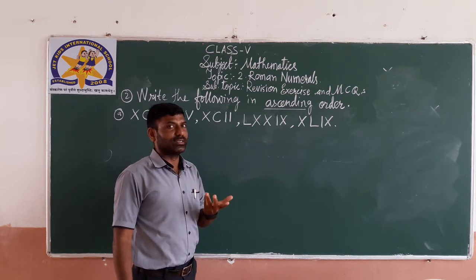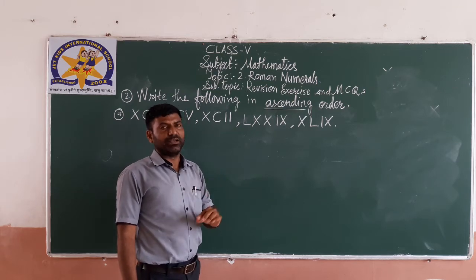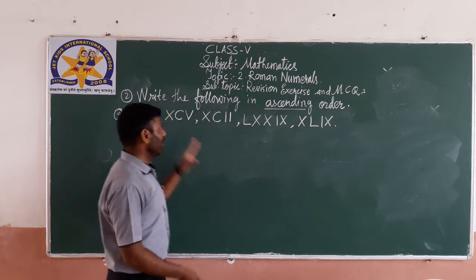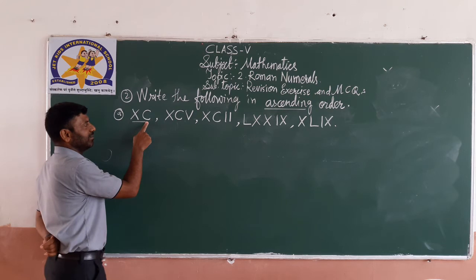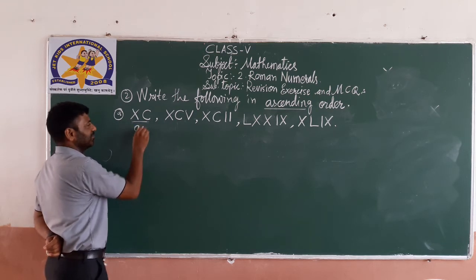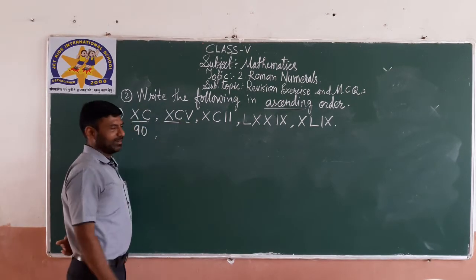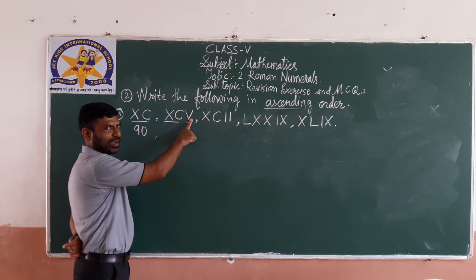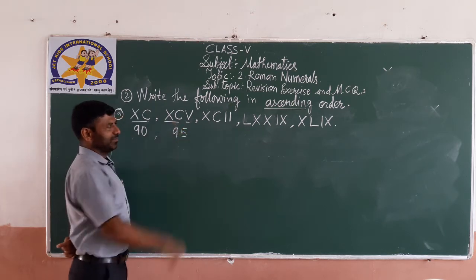How to convert? I gave rules, and what I said was pairing. Once you pair it, then it is very easy. Let's see how to pair. XC is one pair, means 100 minus 10, 90. Then XC one pair, V another pair. XC means 90, we saw here. 90 plus V, which means 5, 90 plus 5, 95. So this is 95.